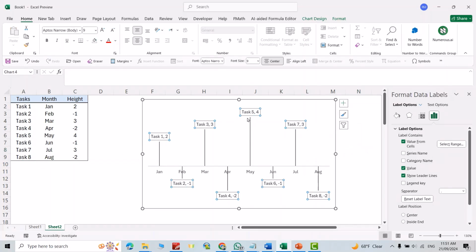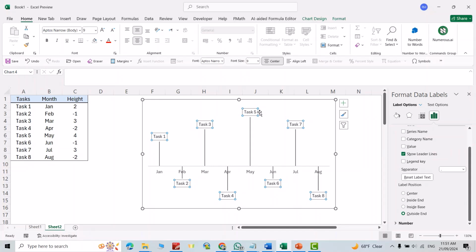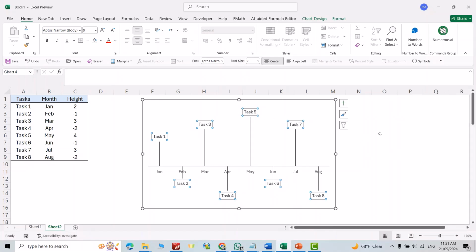Okay, you see we have task 5. We can remove the number, just uncheck this value. You see we have task 5, task 7, and so on. Good, now it's good. Also, you can just select the horizontal line from Format,